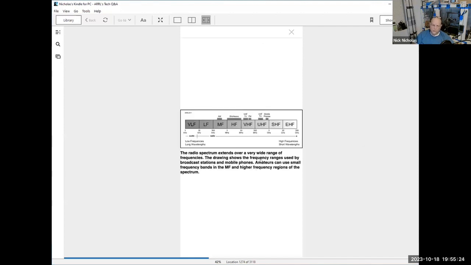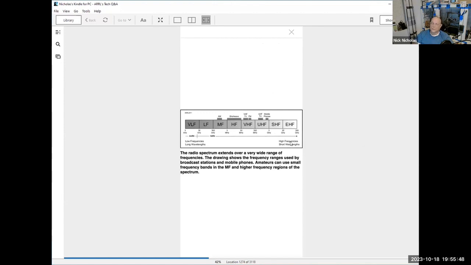It shows VHF sits between 30 and 300 megahertz. UHF goes between 300 megahertz and 3 gigahertz. Super high frequencies go between 3 gigahertz and